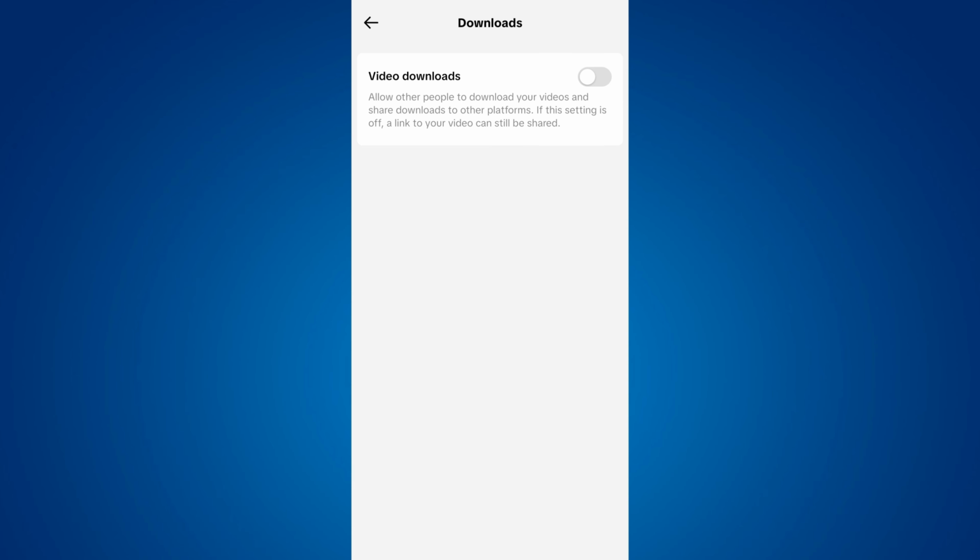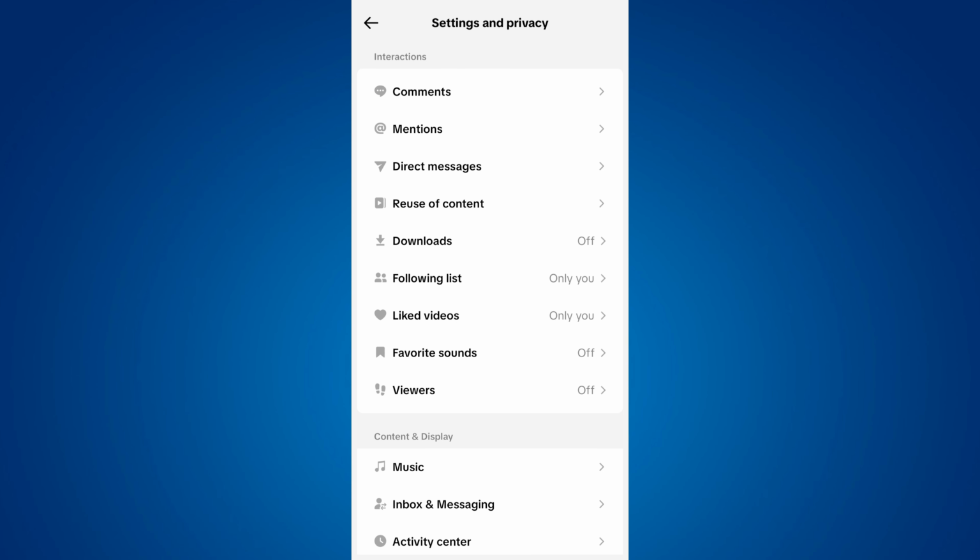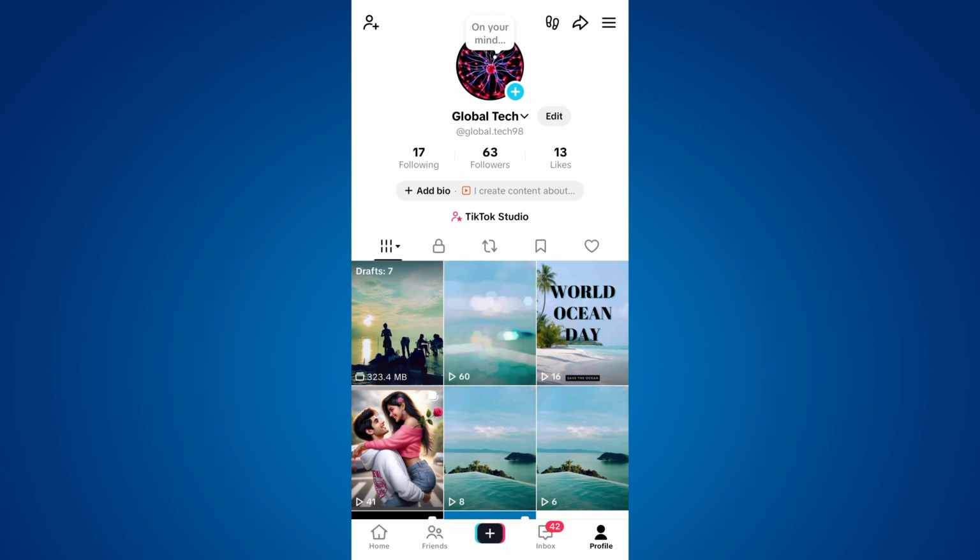Do you want to disable video downloads on TikTok? You can easily protect your original content by turning off the Save Video option so other users can't download your